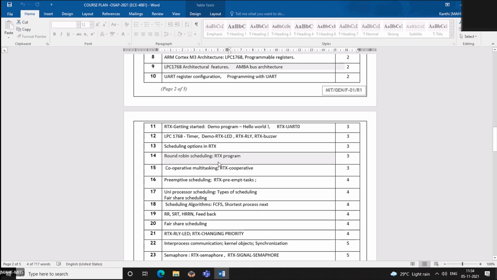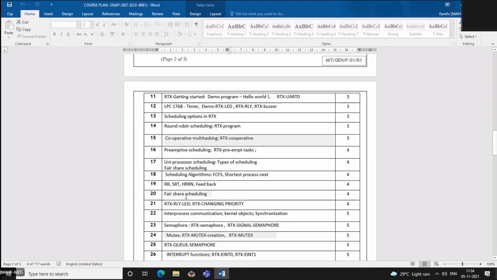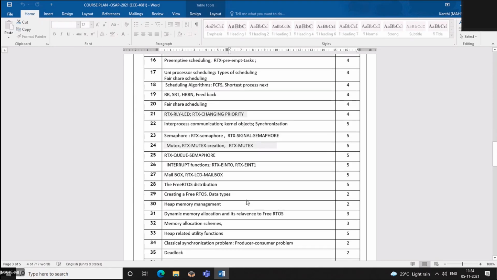And the different scheduling used in the RTX: round robin, cooperative, preemptive, and uniprocessor scheduling, the different types of scheduling which I have discussed. So we shall keep it up to 21, how you switch between the processes by changing the priority. Inter-process communication will not be kept. Then after the midterm, we'll discuss the free RTOS.